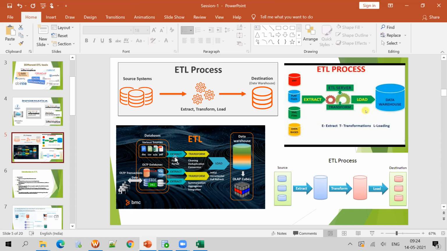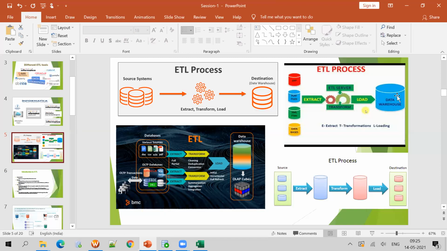We can extract the data and transform it. Transform here means cleansing, summarization, aggregation. I will tell all those things in the next sessions: what cleansing is, what conversions we have, what aggregation is. All these things will be covered. And once the transform is done, when the data manipulation is done, we load into the target system.